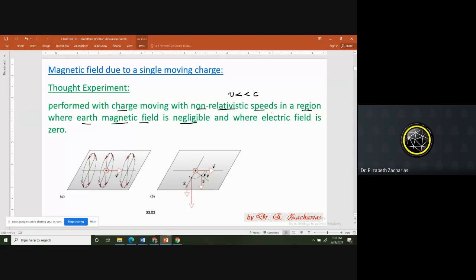And then you're also going to do it in a place where the electric field is zero. You don't want interference from an electric field. Then you will ask, how do I ensure that the electric field is not there? You just conduct this experiment inside a metallic conductor. If you do it inside a metallic conductor, because of Faraday's effect, the hollow of the conductor, called a Faraday cage, does not let electric fields enter. So you can ensure that nothing gives rise to an electric field and spoils your experiment. I hope these initial conditions are clear, guys.